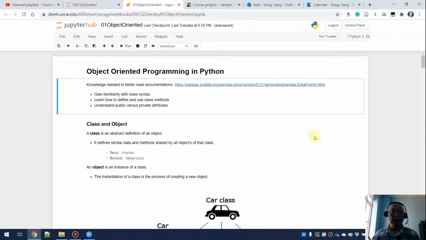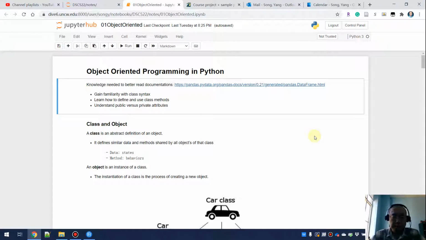Hi everyone. In today's lecture, we want to talk about object-oriented programming, and you may find object-oriented is not really a computer science, not really a data sciencey topic, and yeah, that's true. And the reason that we have to talk about this is probably you have not even noticed that, but we are doing object-oriented every day when we are doing data science programming,